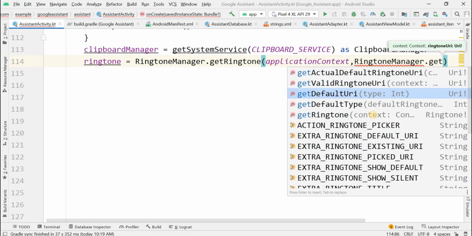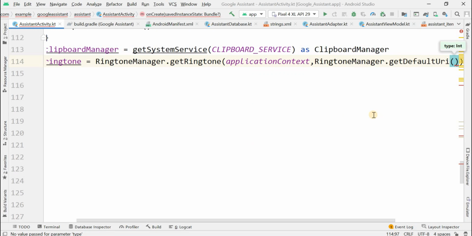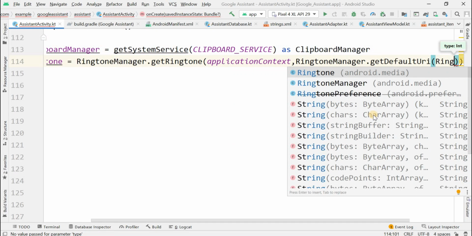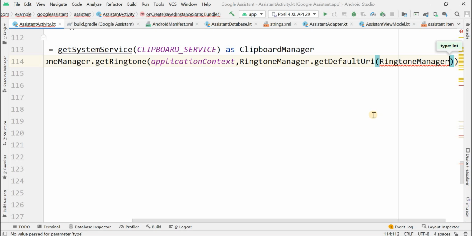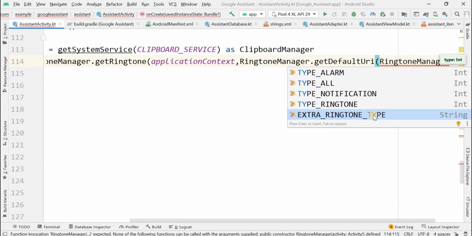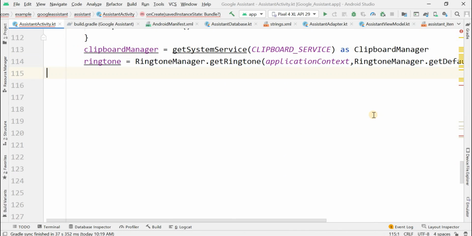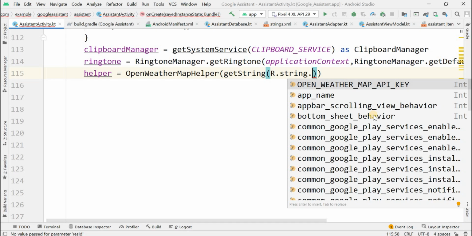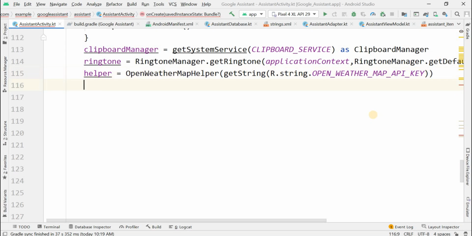And then passing the RingtoneManager.TYPE_RINGTONE. Okay, perfect. And now it is helper. So helper was for that weather API that we have taken from the internet. Okay, so get that API key, so just passing the key here. And now TextToSpeech, passing this as the context, and then status